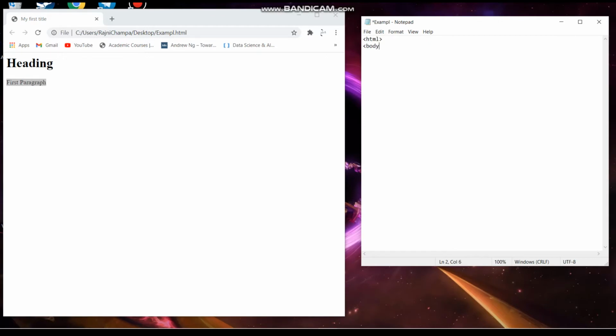Next thing we are going to show you: html started, body started. I have not given the head tag here, because I want to show you how many font styles we can develop for a single heading.